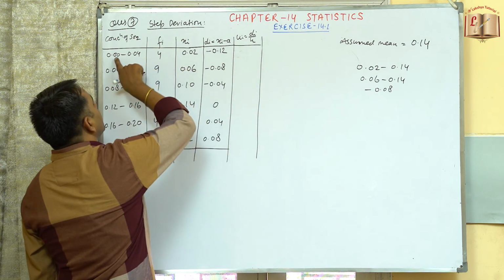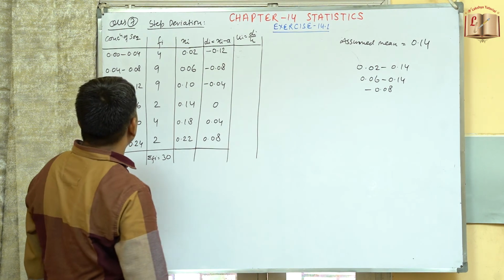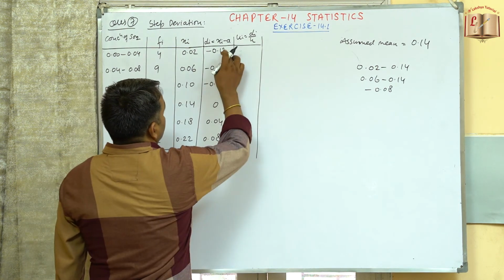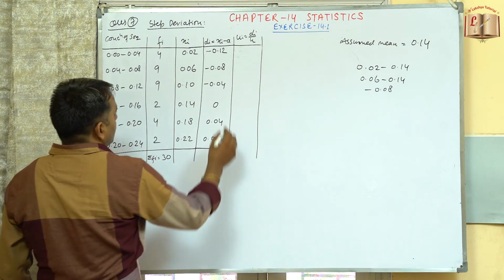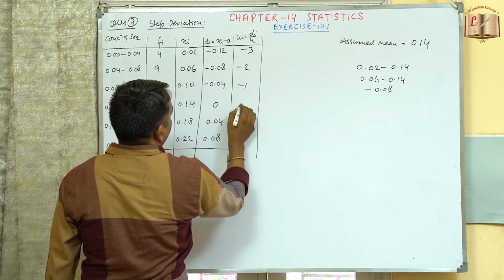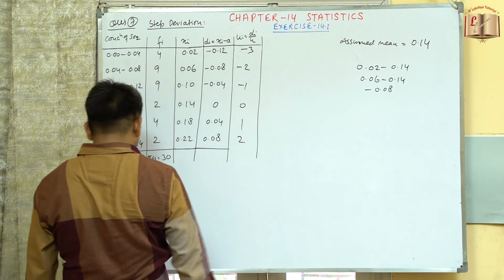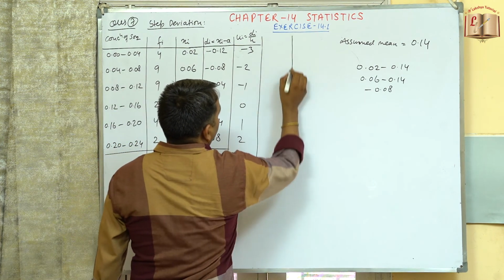H is the height, meaning the difference between the two interval limits, upper limit minus lower limit. So this is 0.04 only. On dividing all these values by 0.04, for the first this is minus 3, then minus 2, minus 1, then 0, then 1 and 2. Now we will need to find out